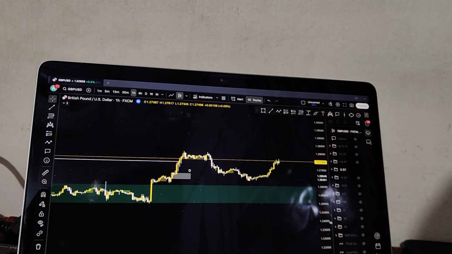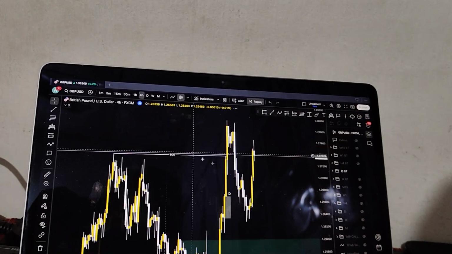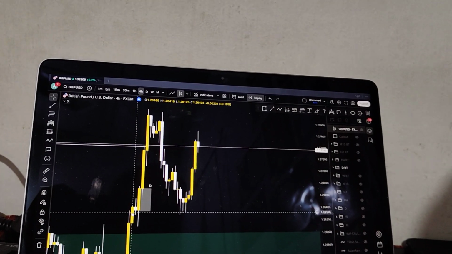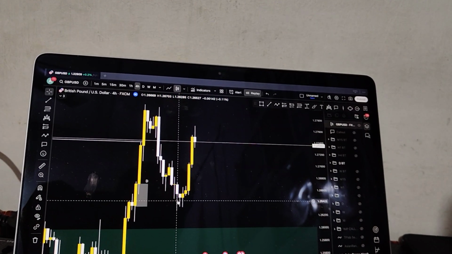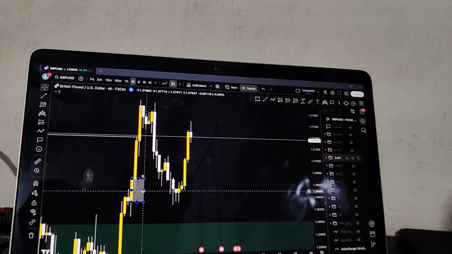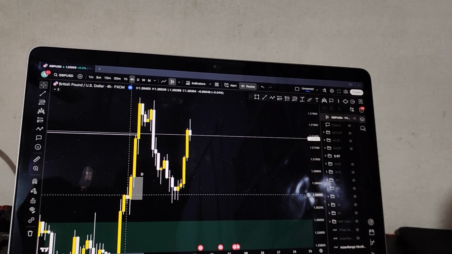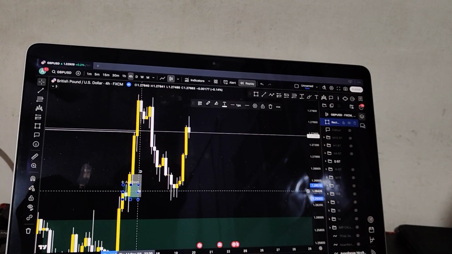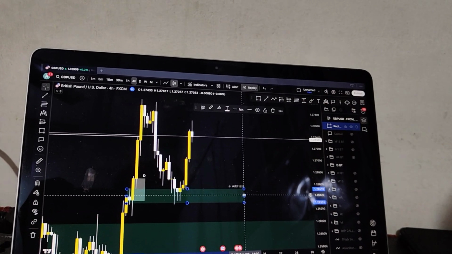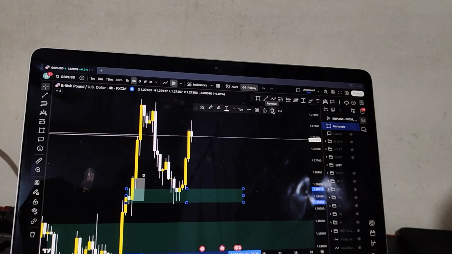Now I start to look for some demand zones on the 4 hourly. The 4 hourly was still bullish. This was the demand zone which was respected. Higher lows, higher highs. The market came all the way down here. This fair value gap, daily fair value gap, was aligning with this 4 hour demand, which was a very strong zone to trade from. As I've also told, higher time frame demand and fair value gaps with lower time frame order blocks are high probability zones to trade.